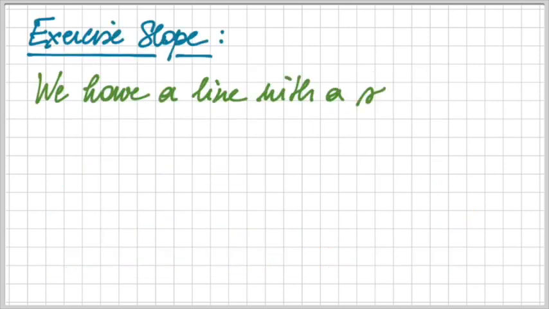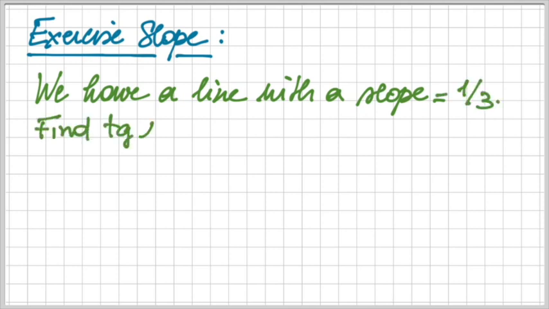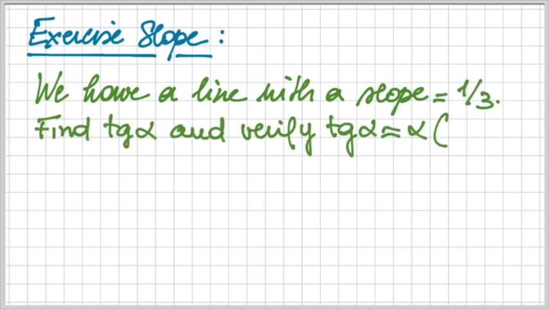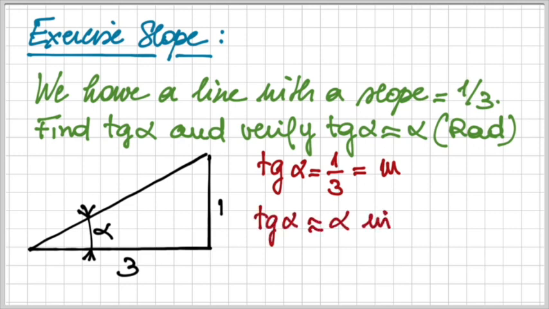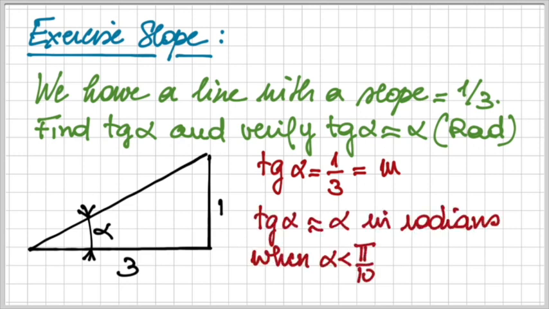Another exercise is related to the slope. We have a line with a slope which is 1/3, and we want to find the tangent alpha, and see that tangent alpha is approximately equal to alpha when expressed in radians. So we take the triangle 3, 1, so we know that the slope m, or tangent alpha, is equal to 1/3, which is in fact approximately alpha when we are below pi/10, so alpha would be 0.333,